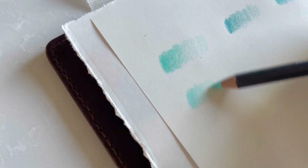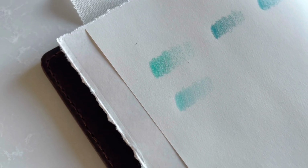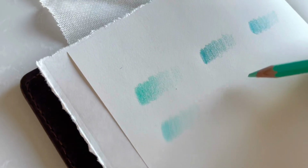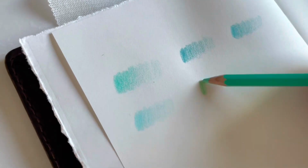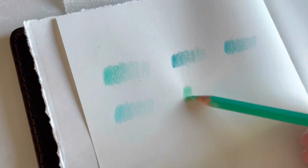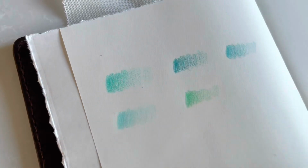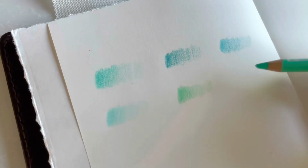watercolor. I started using the pencil because I liked to be able to add some detail quicker than if I was sort of dry brushing watercolor and taking a lot of time. So if I didn't have time, I could use the pencil quite easily and add in some really nice detail and some layering without